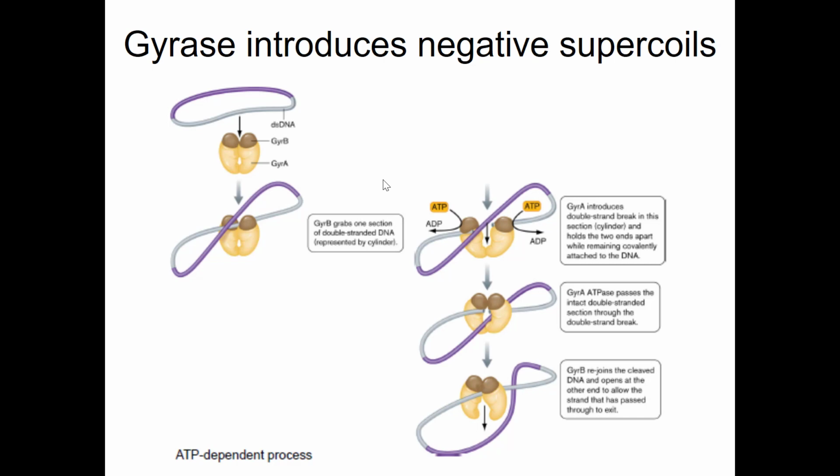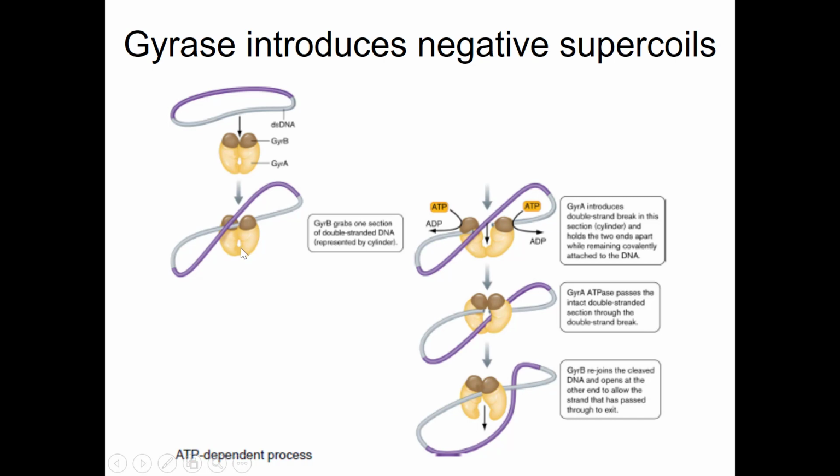So if you remember, as the helicase is pulling apart the DNA strands, it's inducing positive supercoils ahead of the replication fork. So gyrase moves ahead of the replication fork and induces negative supercoils to counteract the positive ones made by helicase. So you can see in this particular example,